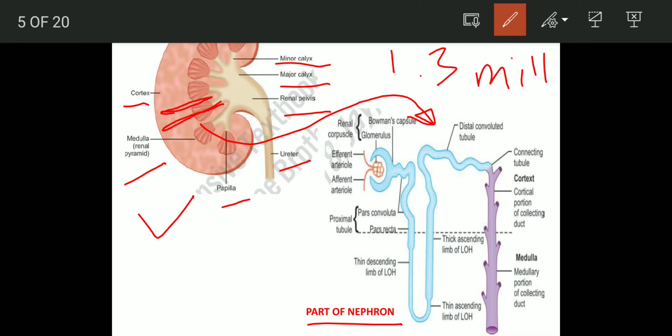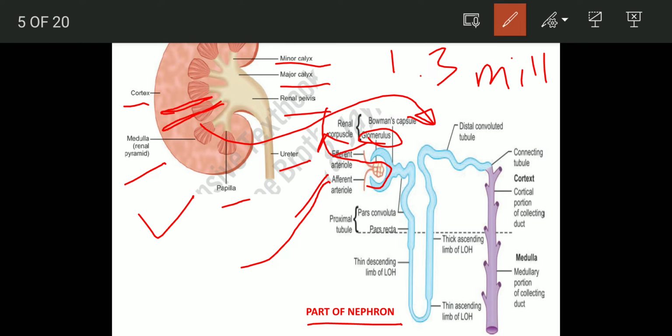You people have studied in your PMT exams that if we are discussing this, what we can see here is the first one, this is the Bowman's. First, we'll be discussing this glomerulus. Okay, in this glomerulus, you can see that there is an afferent arteriole and the efferent arteriole. Once the blood goes here from the afferent arteriole, it will get filtered from here, and then via the efferent arteriole, it goes back.